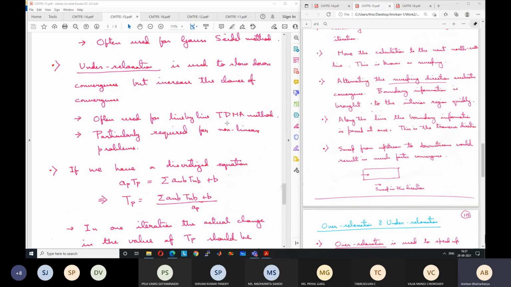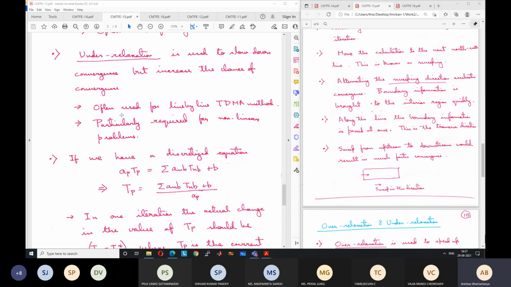What is a nonlinear problem? What does it mean physically? We use the terms linear and nonlinear. Mathematically, there is a dependence like u square, or a coefficient has a value u. But physically, it means that with a small input, the output is not linearly dependent. The output can drastically change. If the input changes by 2 times, the output does not change by 2 times; the output can change by 20 times also. So there can be drastic changes in the output for small changes in the input. That's why for nonlinear problems, the chances of convergence are much reduced, and we need to use under relaxation.